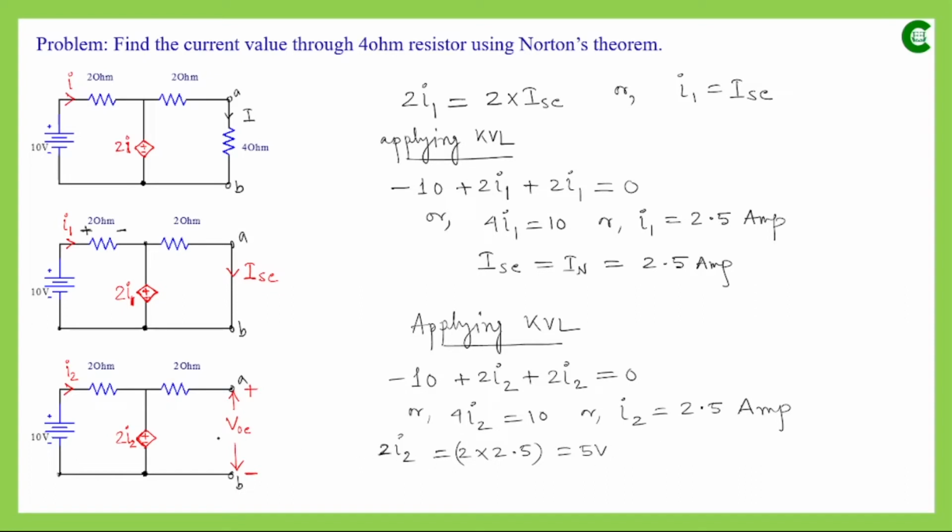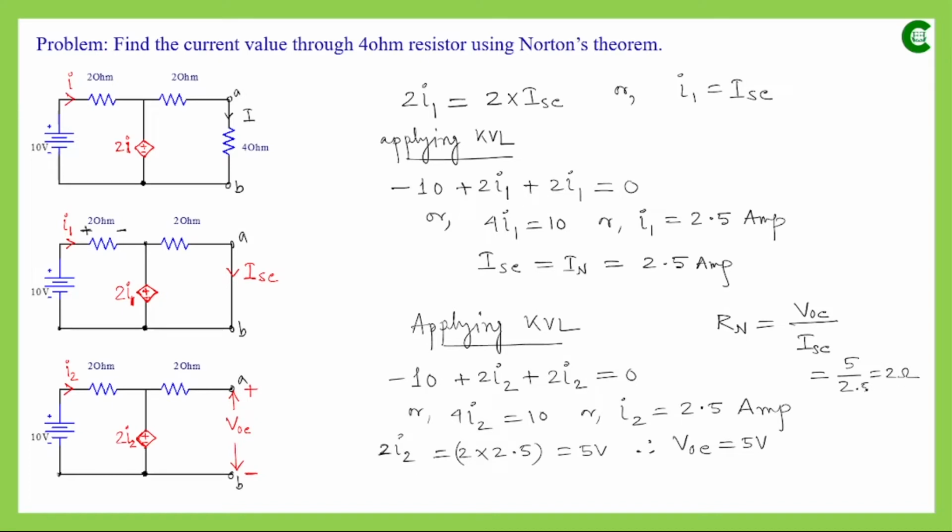And since this 2I2 is 5 volts, we can also say that VOC is also 5 volt. And we know that RN, Norton's equivalent resistance, is found from this formula, VOC by ISC. So the value that we will obtain as RN will be simply 5 divided by 2.5, so it will